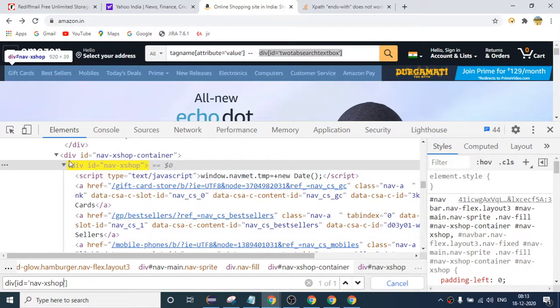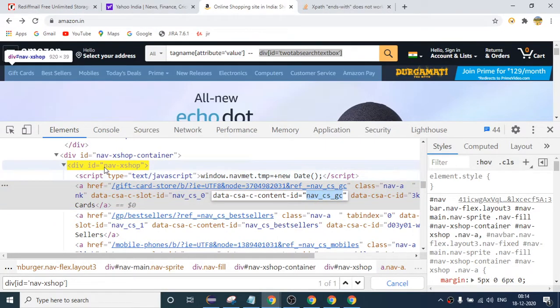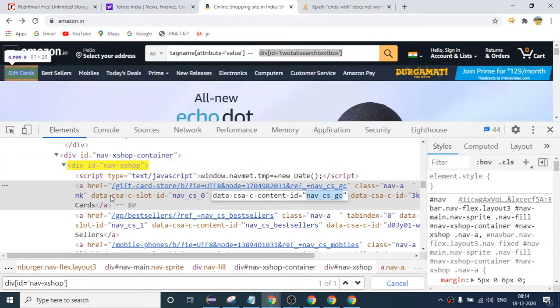But here again, with the CSS, I could have also directly written the CSS for this line, gift card. But I'm saying that this ID will never change. Suppose your developer, someone, has told you that this will not change, but these values will change frequently, right? So this will keep on changing. So instead of writing the CSS directly for this line, I will write the CSS for this parent one, and then from the parent I will come to this tag. So what is the tag?